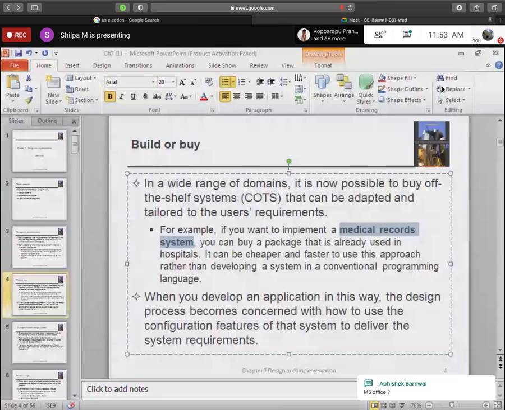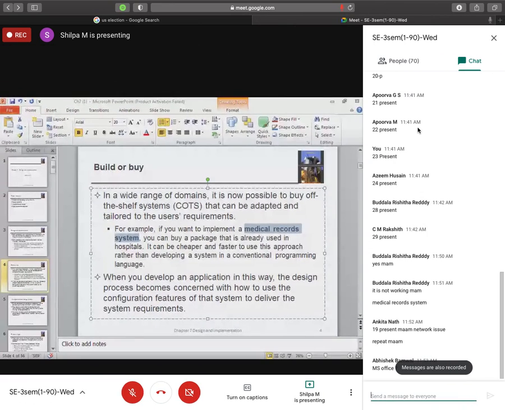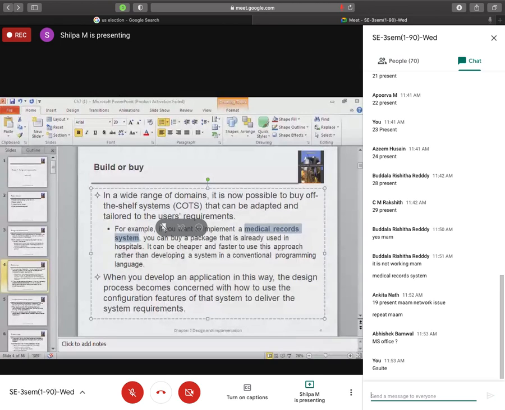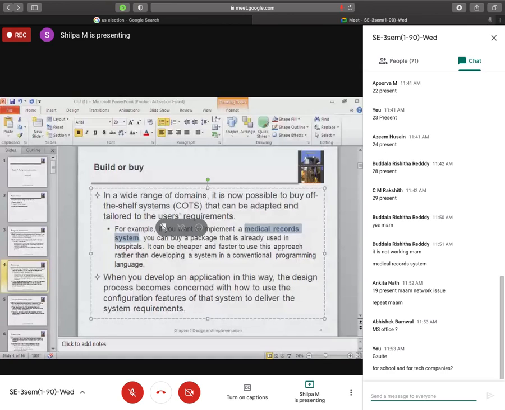So most of the time, no, Abhishek, MS Office will not come under a COTS application. It is only for Microsoft products. G Suite, yes, will they change the G Suite settings? No, Aryan, G Suite also, no. I will give you an example later so you can understand. Let's say a banking application. But G Suite, Aryan, they will not make so many changes.